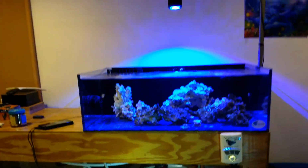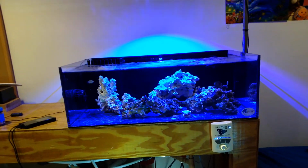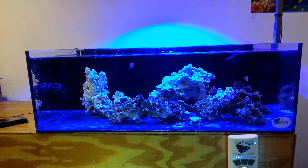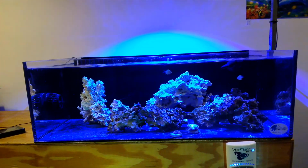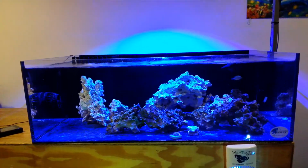I transferred over the rock from my 6-gallon into this tank. I also added BRS Reef Saver rock. This BRS Reef Saver rock is awesome. Very porous, extremely light. Highly recommended. I ordered 35 pounds. I got all this, which you can see here,